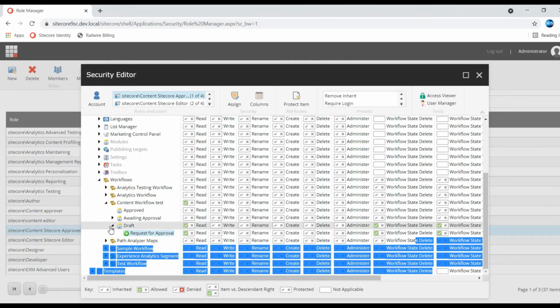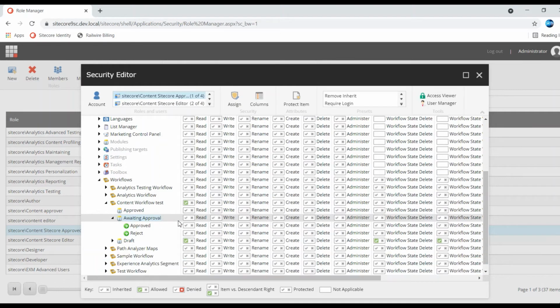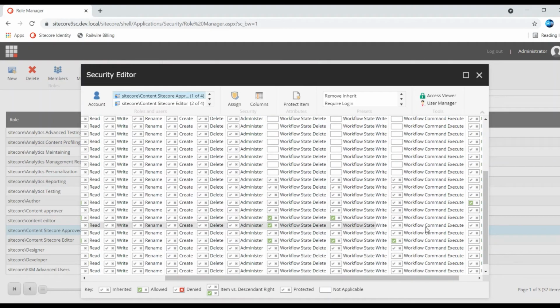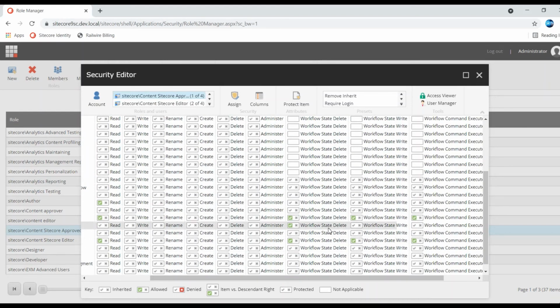Now I'm going to awaiting approval. This should have read access, and I'm providing workflow delete, workflow write, workflow execute, similarly for the others as well, approve, reject. So I'm providing the approve and reject options as well.